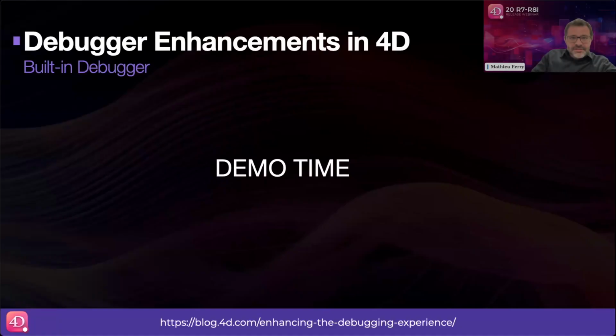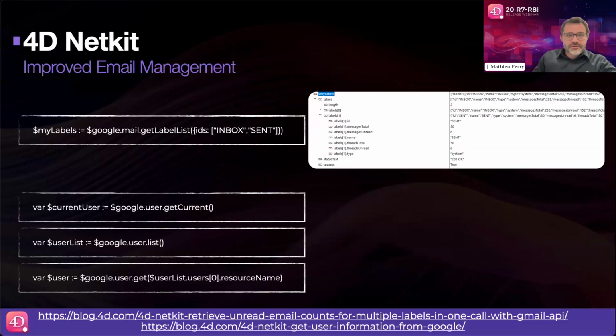Thank you. Let's continue with 4D Netkit. So, a significant enhancement to our email management capabilities in the Gmail API through 4D 20R7. This was based on your request. The upgraded